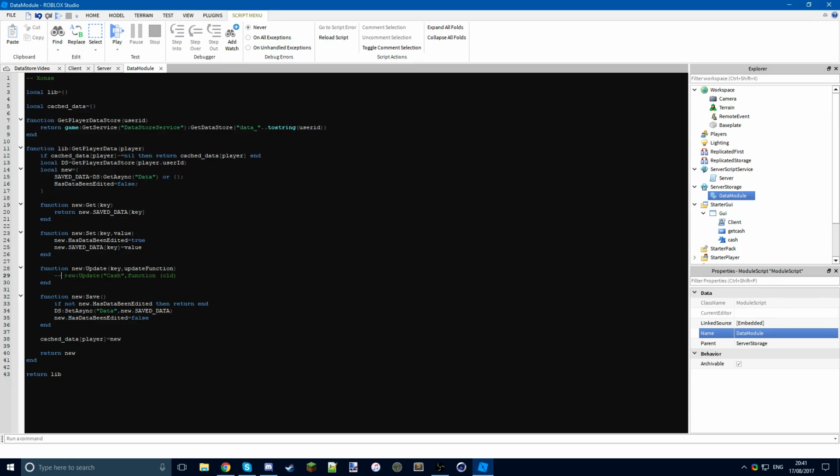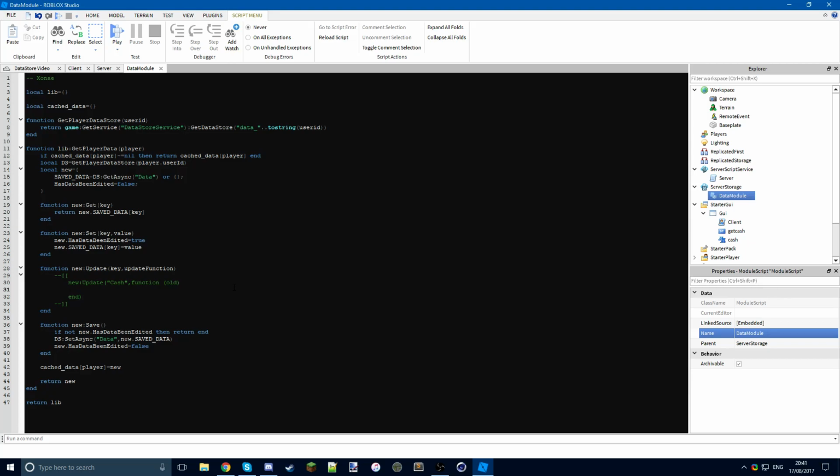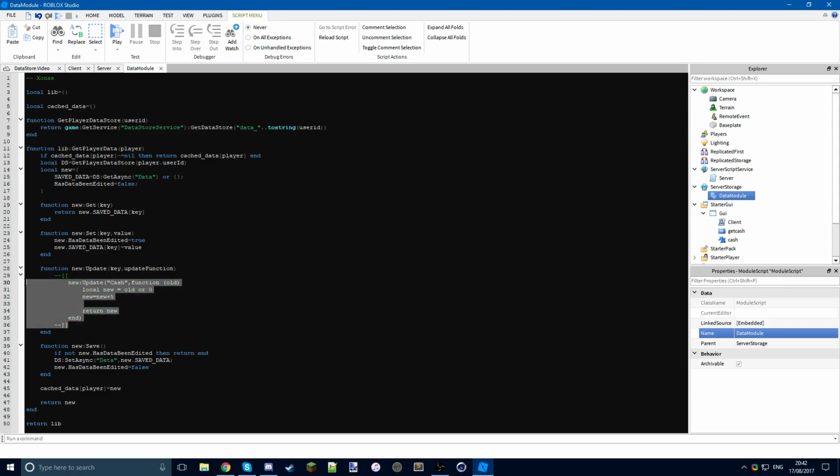So basically what this means is you could define a function to handle the data. So old, so local new = old or 0, new = new + 5, return new. So this would see if the old value exists, or so new would be old or 0, then new would be new + 5, and it would return that, and that would be the value,